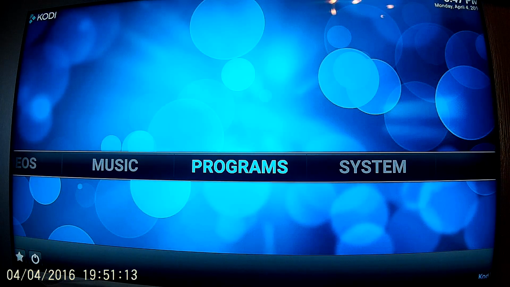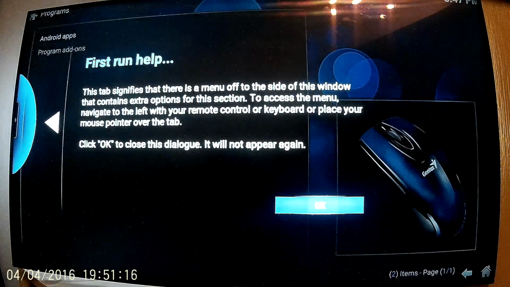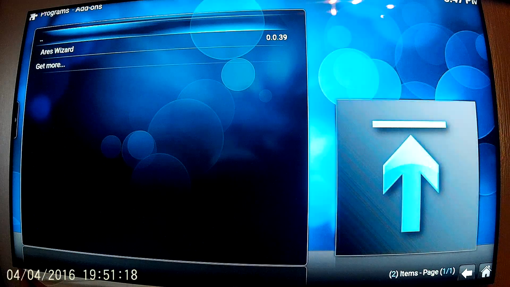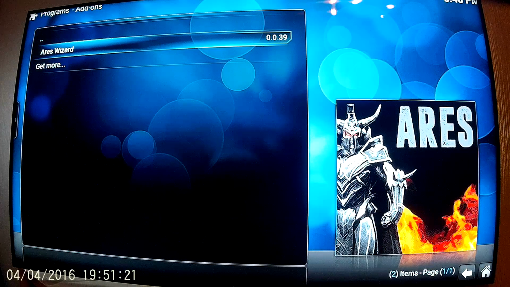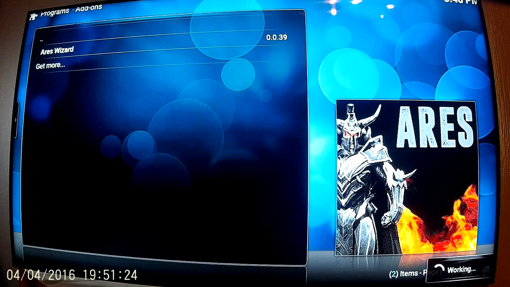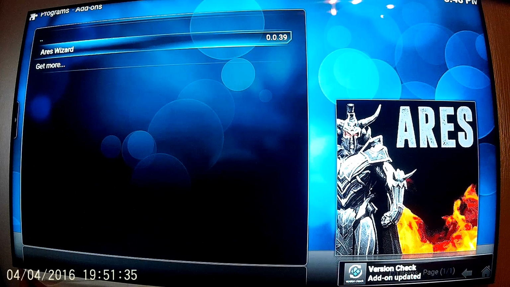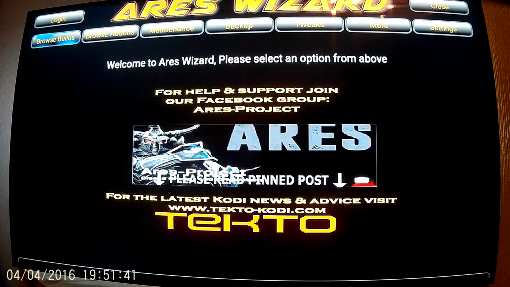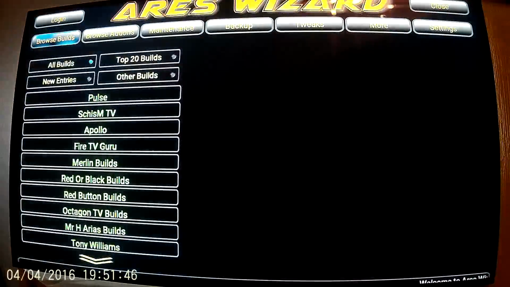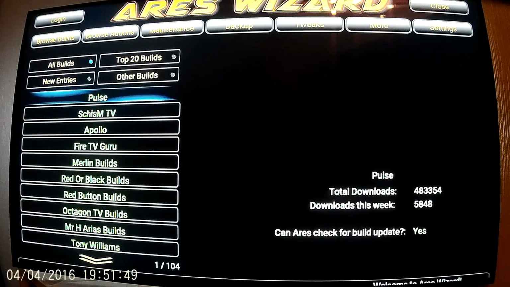So you've got version 16 Jarvis. Click Programs, Program Add-ons, and there's the Iris Wizard. That's the only thing on this stick at the moment. So you click that. There you go, got the Iris Wizard back on again. So this time we browse builds again. Now if you go from Beast to Pulse, if you click on Pulse,